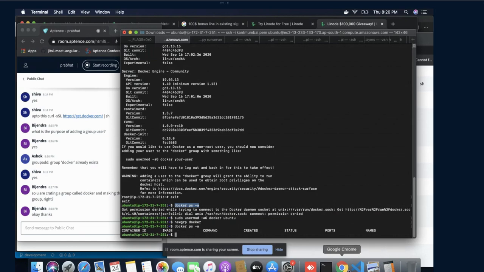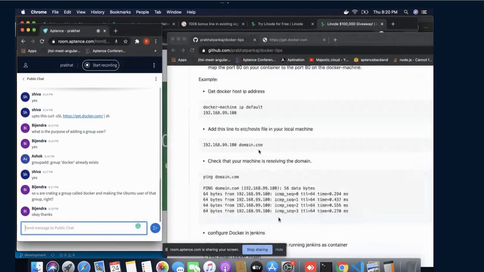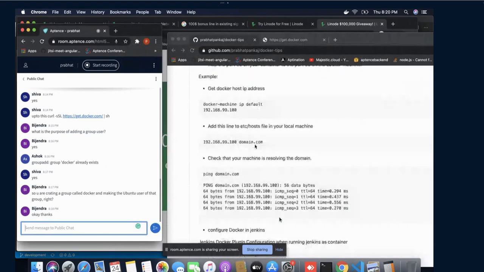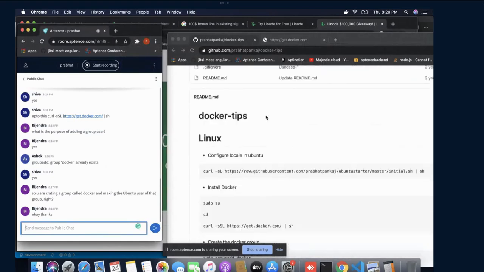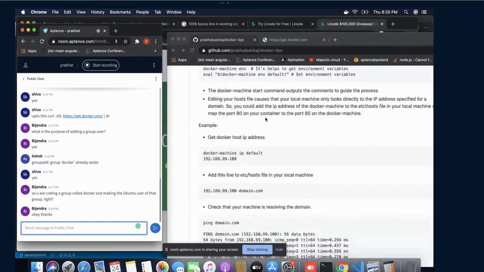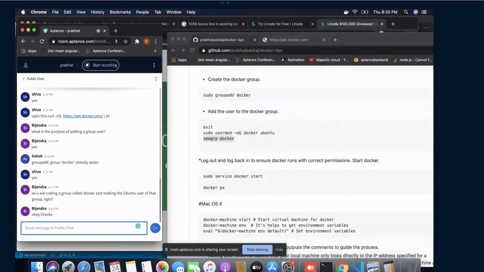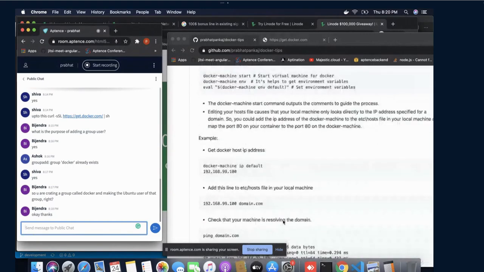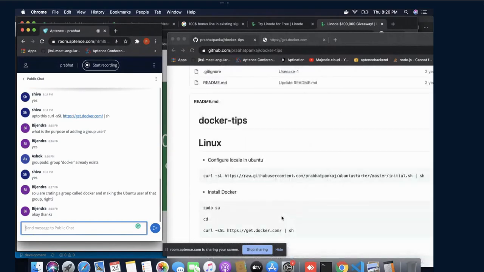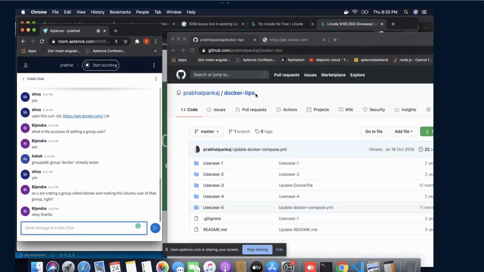Okay, so guys, if you have already done this step, simply perform this one. That's it. This is the step that we have to configure for Docker in Linux. After that, if you want to install it on your MacBook, you can perform these steps one by one. For now, we will be using this one only, steps one to two only. Later we can think about the other step.